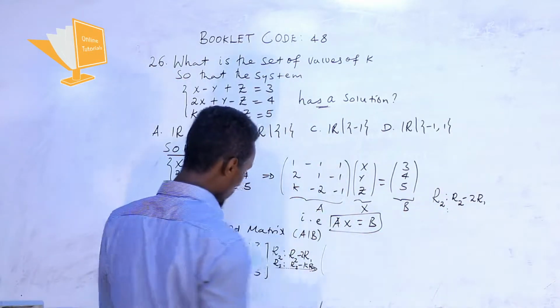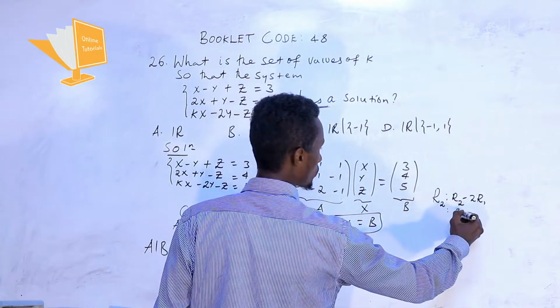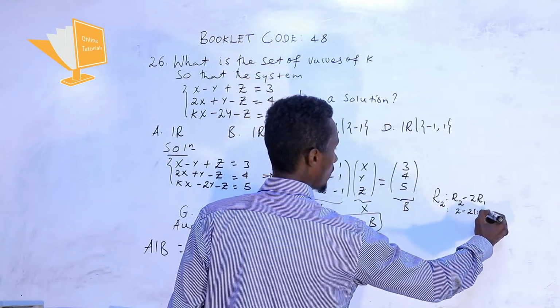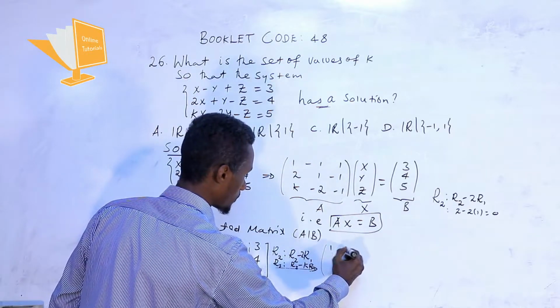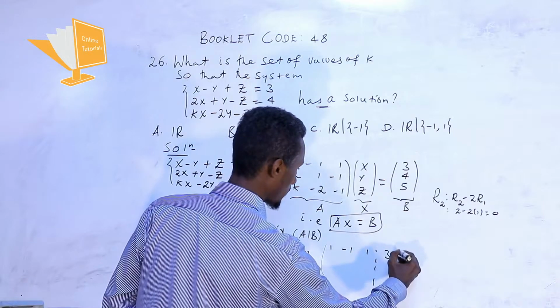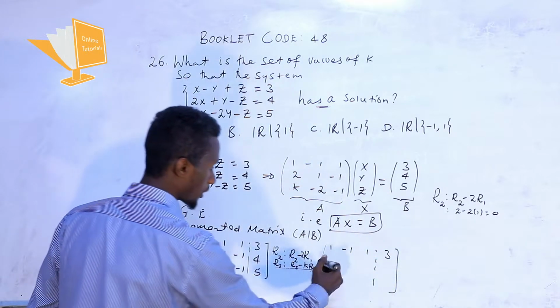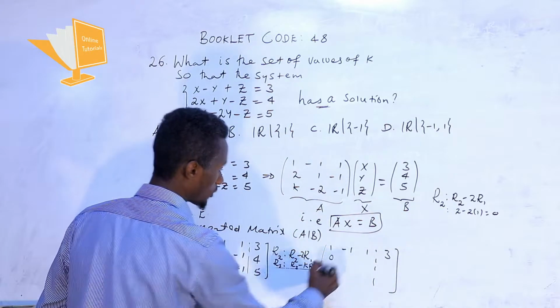So that R2, we need to find the entries in R2, which means 2, 2 into 2 minus 1. The result becomes 0, right? So here keep the first row as it is. የመጀመሪያው ሮ እንዳለ ታስቀምጡታላችሁ። ቼንጅ ግን የሚያደርገው ሰከንድ ሮ እና ሰርድ ሮ ላይ ይሄን ኦፕሬሽን በመጠቀም the ኢንትሪውን 0 እናደርጋለን